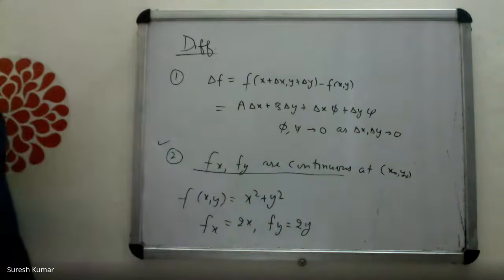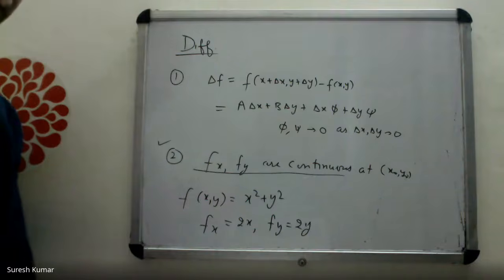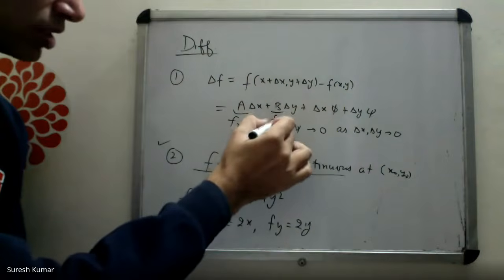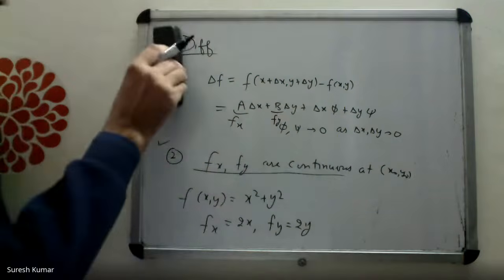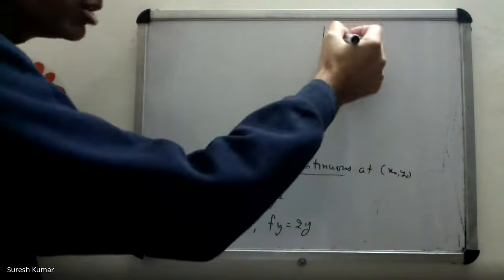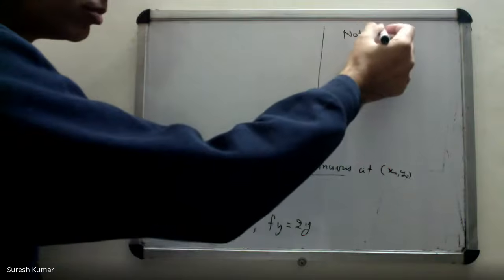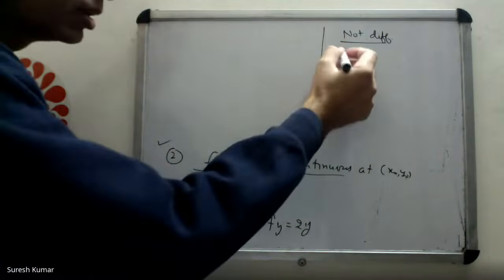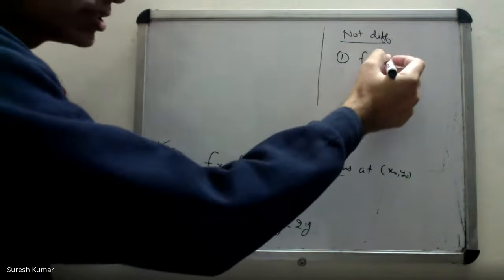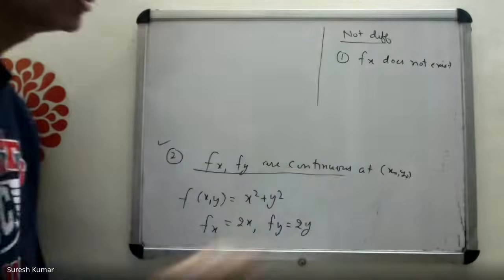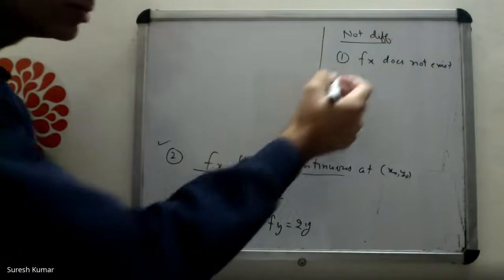Okay, so this is in fact the sufficient condition for differentiability. Do you recall the necessary condition? The partial derivatives, you know, these a and b are partial derivatives. So these must exist. We will use the necessary condition for disproving the differentiability. Not differentiable, how can you check in a given problem? The function is not differentiable. Check whether fx exists. If fx does not exist, you need not do anything further. You can directly say the function is not differentiable.